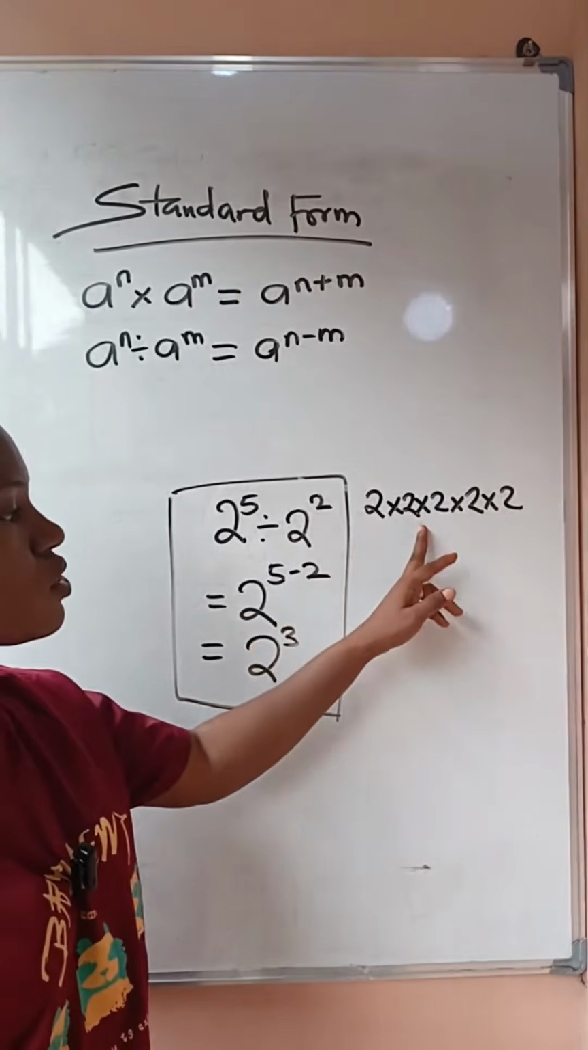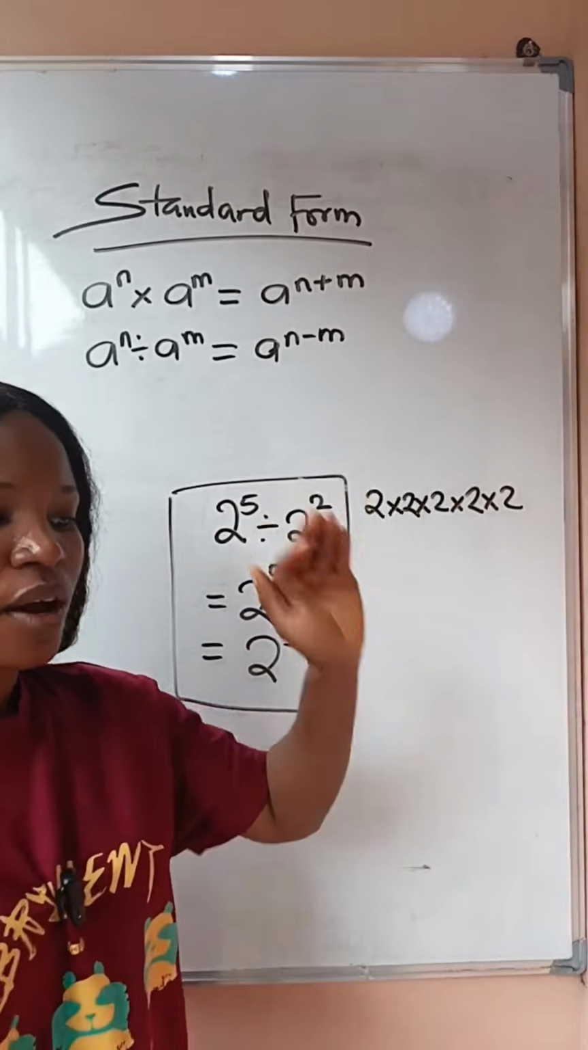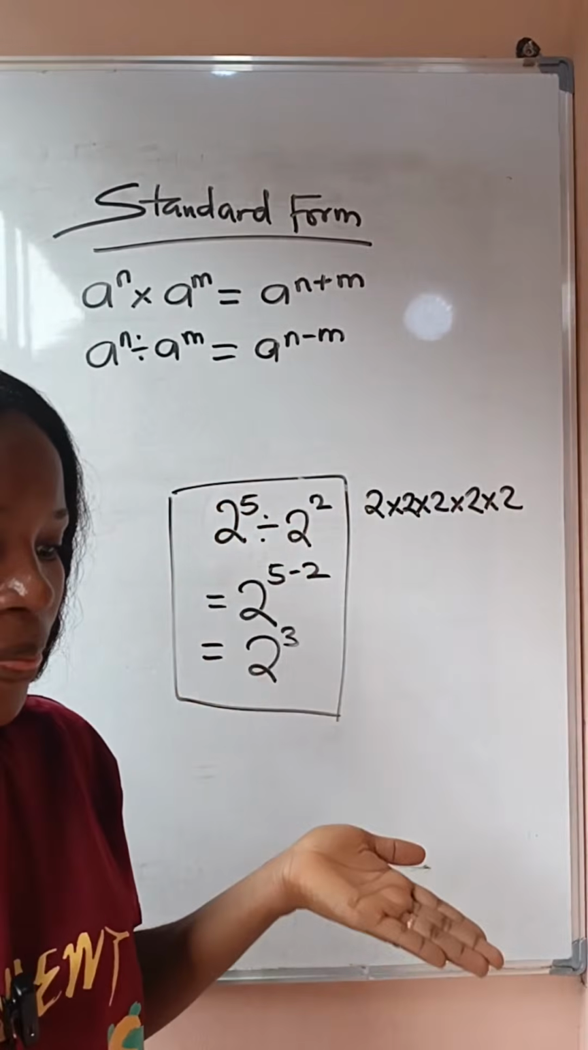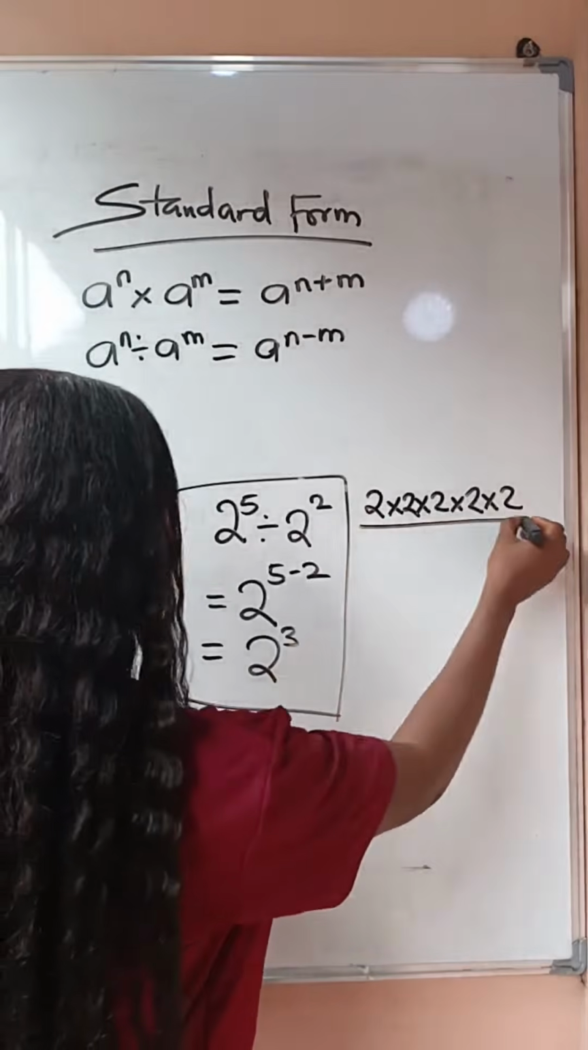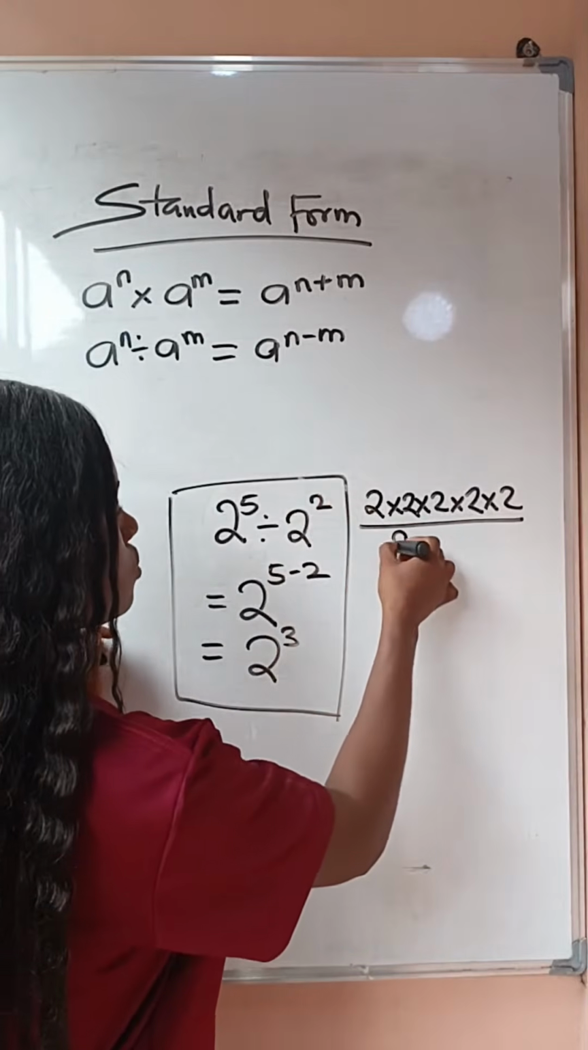So we have 2 times 2 times 2 times 2 times 2 in 5 places. Okay. So you divide by 2 to the power of 2. That is 2 times 2. All right. So normally what we will do now is this will divide itself once, this will divide itself once. So we are left with 2 times 2 times 2. That is the same thing as 2 to the power of 3, which is what we got using the law. So this law is telling us